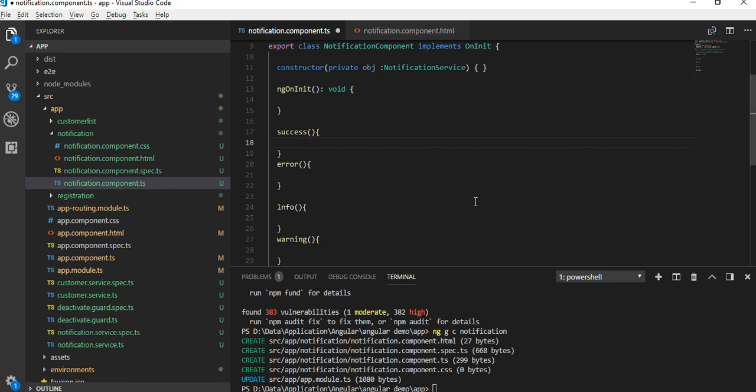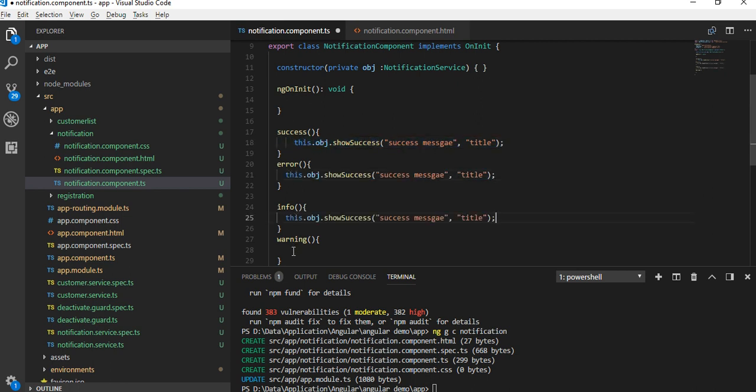For the success, we'll call this.obj.success. We know inside the success the message and title need to be passed. So for success, I will say success message, and title we could say title. The same function will be called everywhere, but we need to change the method name. For error we'll call error, for info we'll call info, and last for warning we'll call warning. Save it.